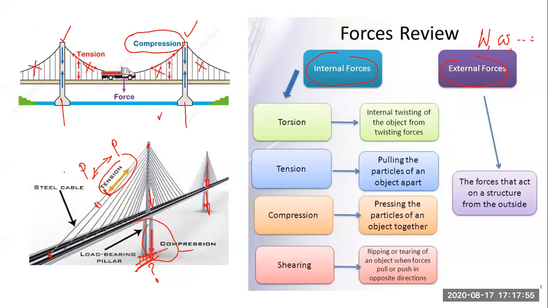These are the external forces. What is the effect of these forces? Since these forces are applied directly from outside the body or the member itself, due to the external forces, the internal forces will be